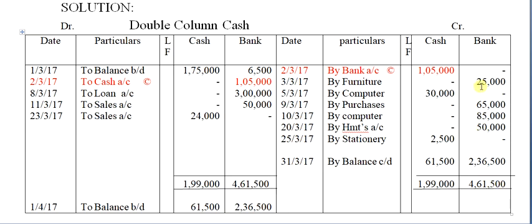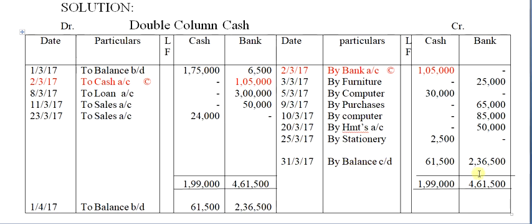4,61,500 minus 25,000 minus 65,000 minus 85,000 minus 50,000. You will be getting 2,36,500. This is the closing bank balance, my dear students. Closing bank balance, how much did you get? 2,36,500. So on 31st March 2017, closing balance of cash and bank will be by balance carried on 61,500 and